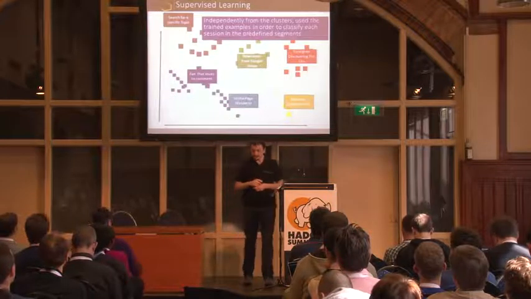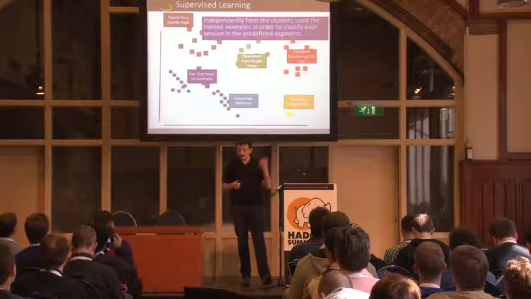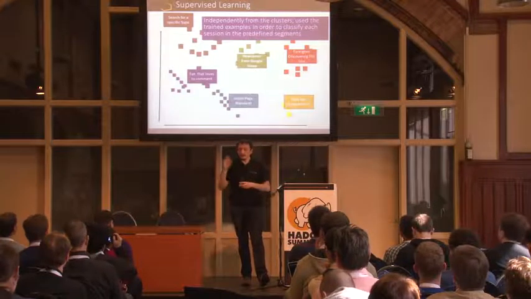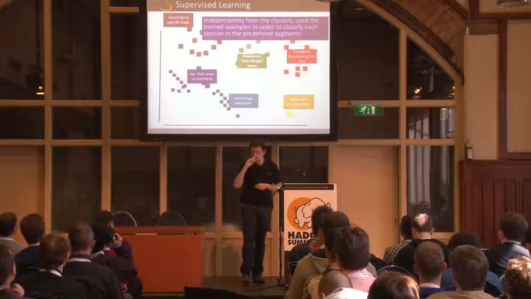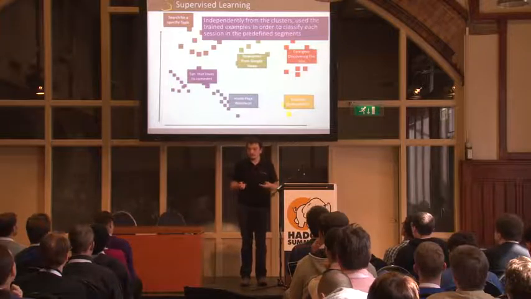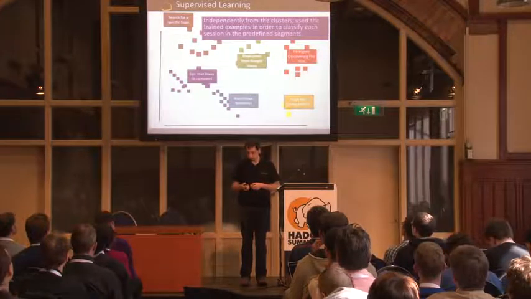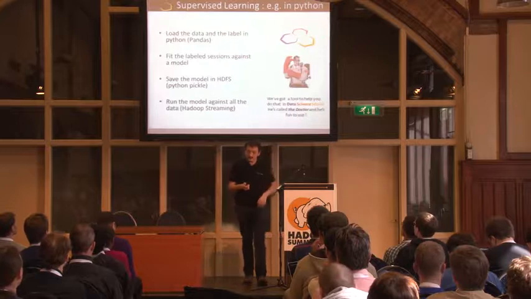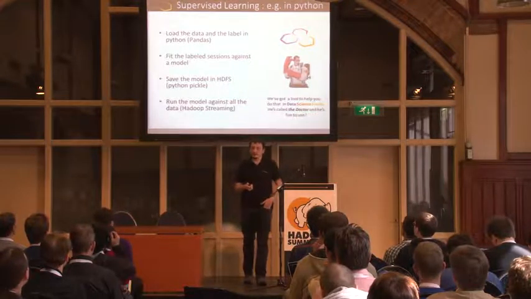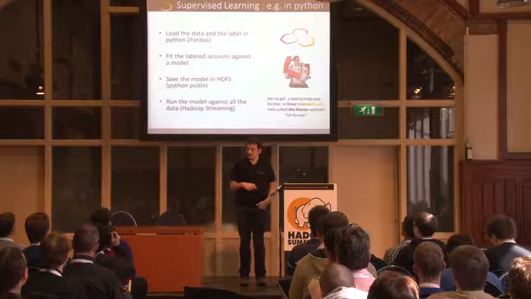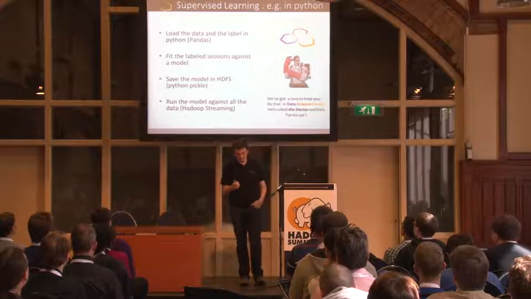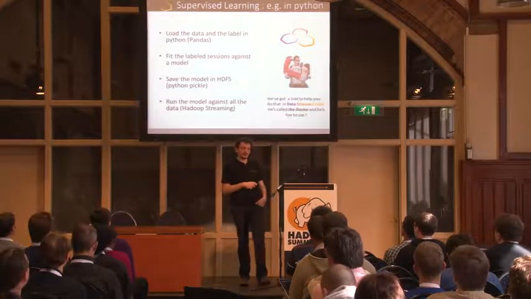Then next step is to use supervised learning on the samples in order to extend the existing labels to all the sessions from your weblogs. Again, in order to do that, you can just use Python and Scikit, just because your trained data is actually quite small. If you've got like 20 clusters with 20 samples, you've got only